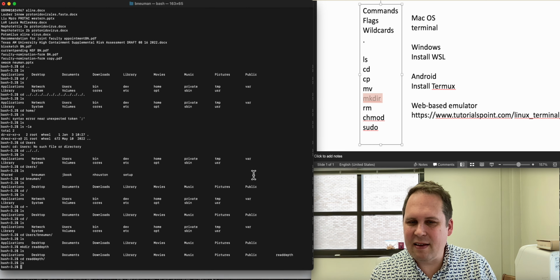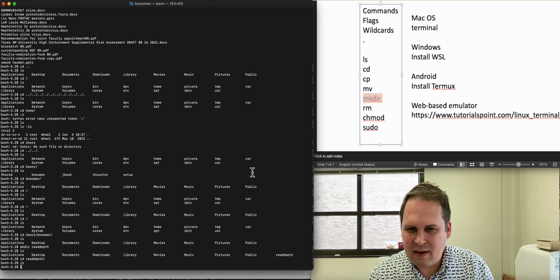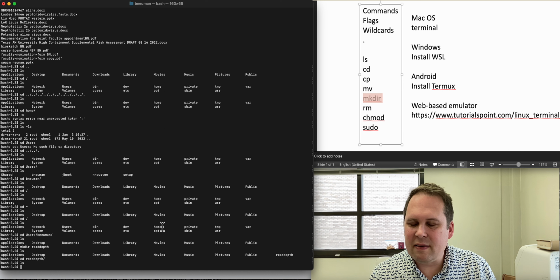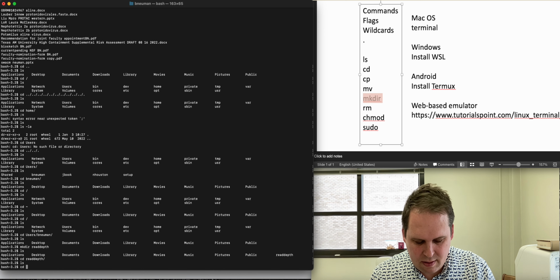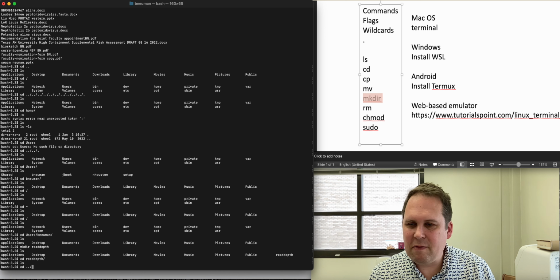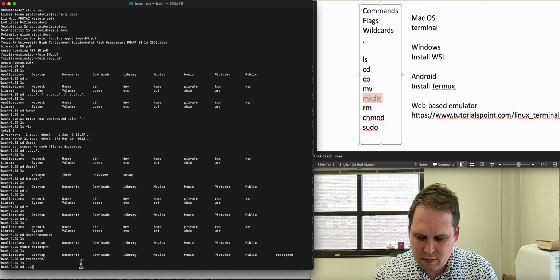So let's go back out. So let's find a document and cd. So let's go back one. So that'll take me from read depth back to my home directory, and then from there let's go into documents